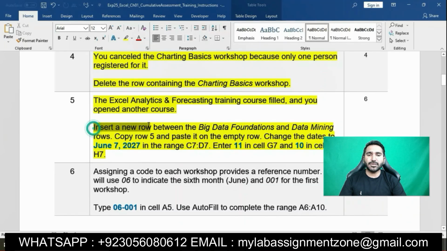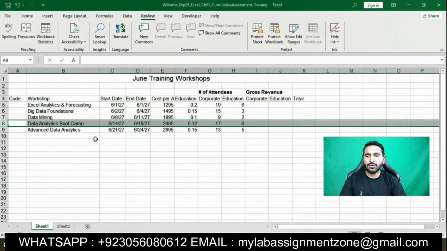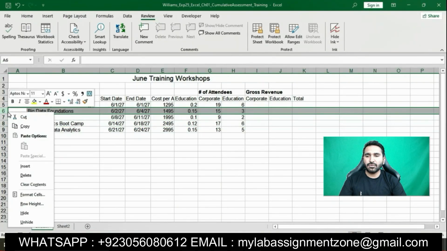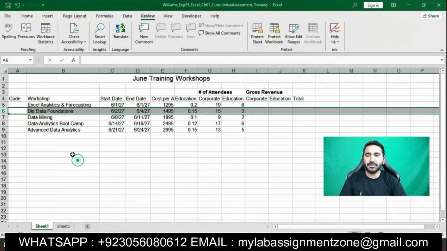The first point of this question is that we will insert a new row between the big data foundation and data mining row. We will go to the Excel workbook. We will click on big data foundation row 6. Right click on row 6, simply click on the insert button. A new row will be inserted between